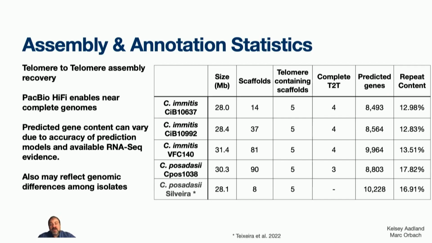When we go in and predict genes, we also have relatively similar gene content, although there's variation, and that can be driven both by the way that the gene predictors work, the possibility of some sequencing errors causing genes to be split up, and also the true biological differences between strains. And so we're still on the hunt to understand the full breadth of what those differences mean. And then you can also see that the repetitive content varies quite a lot between these strains, and in particular between species.